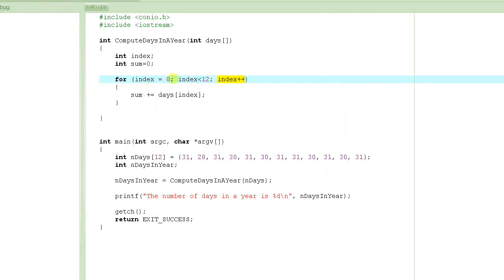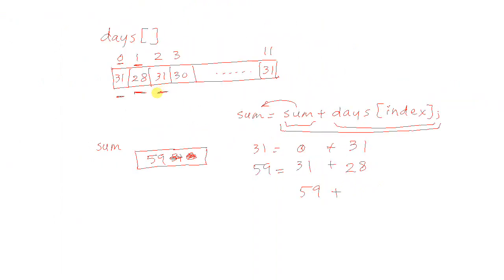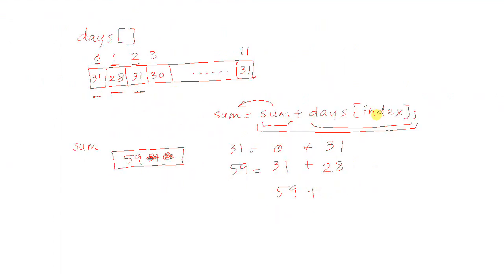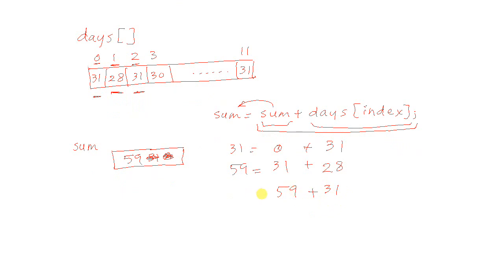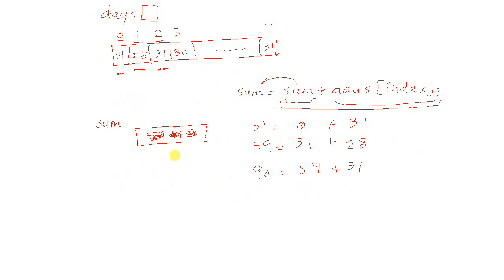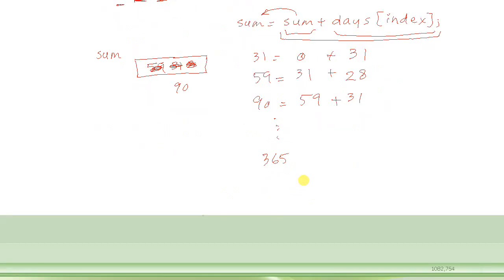And then next time when this is executed, we will have 59 plus 31, because the index value would be 2. So the value of days of 2 is the third element of the days array, 31, and that will give us 90. So we store 90 here, and so on. And hopefully after running this through for 12 iterations, we should have 365, because there are 365 days